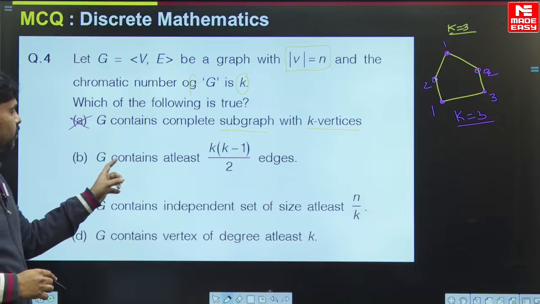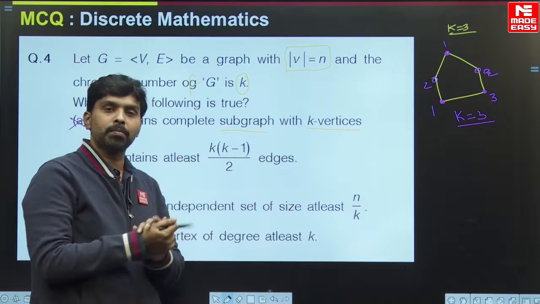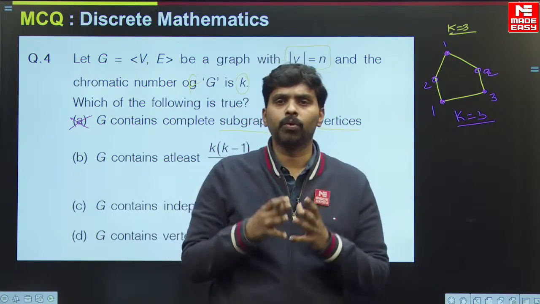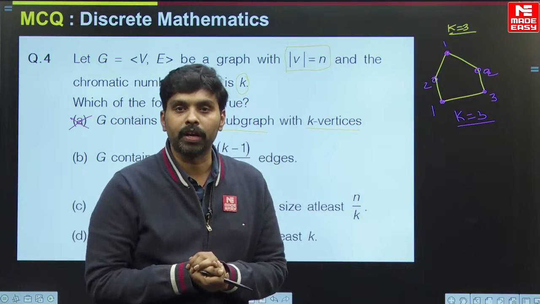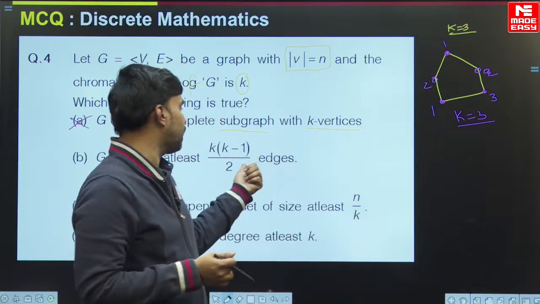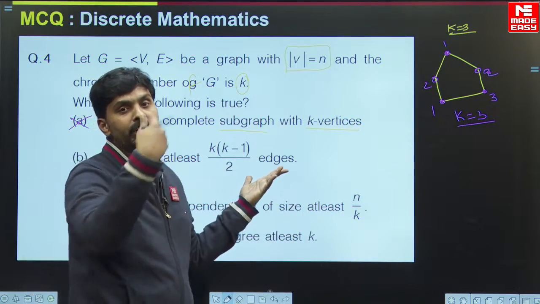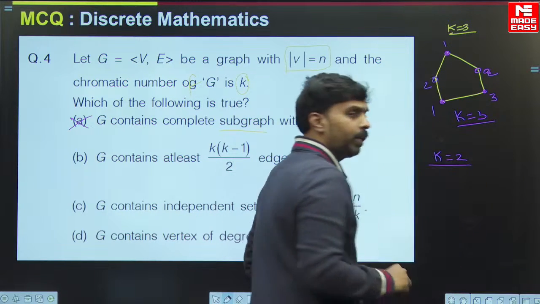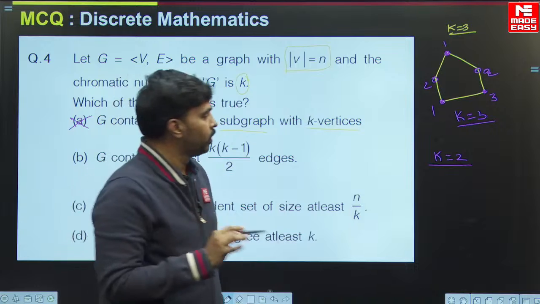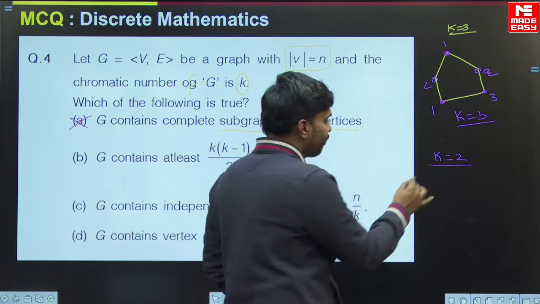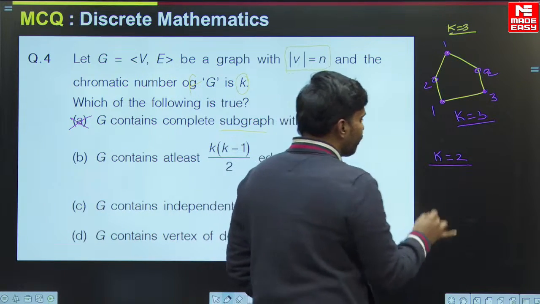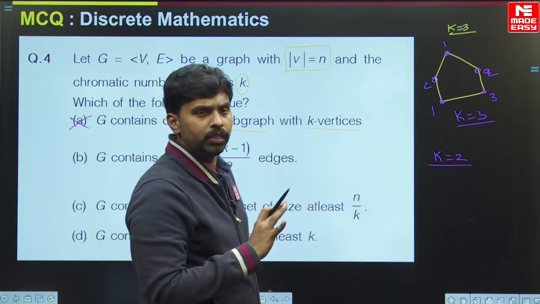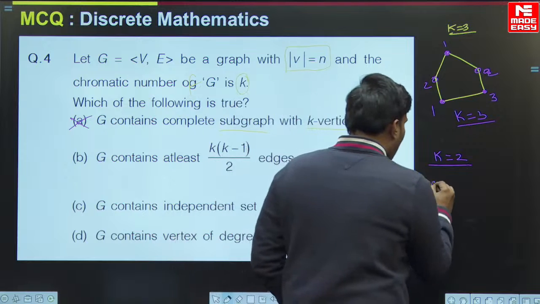So the next one is G contains at least k into k minus 1 by 2 edges, he said that. जब भी at least की बात आता है ना बेटा, तो हम लोग कम से कम लीस्ट वैल्यू से शुरू करते हैं. अगर लीस्ट वैल्यू के लिए पॉसिबल हो सकता है, so ये ट्रू हो सकता है, so that we need not check the higher values. So अगर हम k is equal to 2 ले लेते हैं, the least value of k. Generally if I take the minimum value of the chromatic number as 2 here, I am going to take